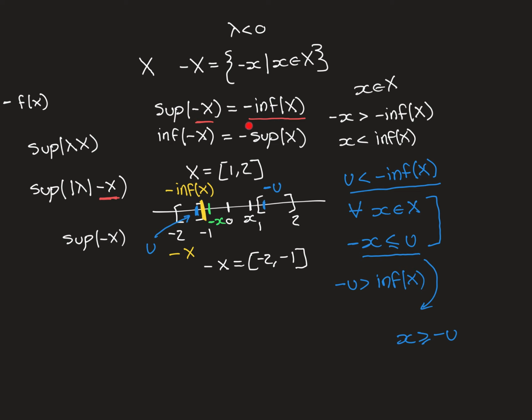Just to then talk you through the bottom one, it's pretty much the exact same argument. So we want to show that minus the supremum of x is going to be the infimum of negative x. So we need to show that this is a lower bound for negative x and that it is the greatest lower bound. So to show that it's a lower bound, again, proof by contradiction,